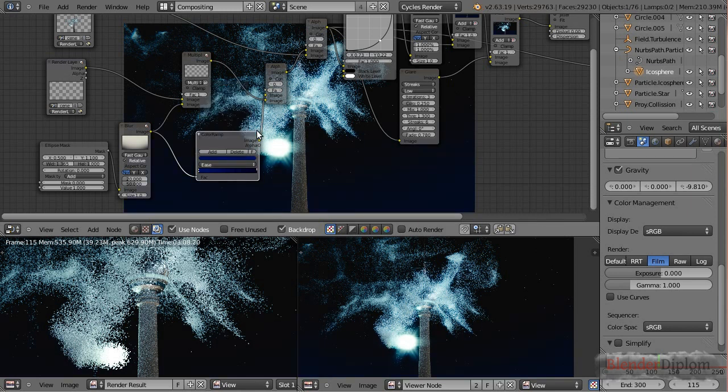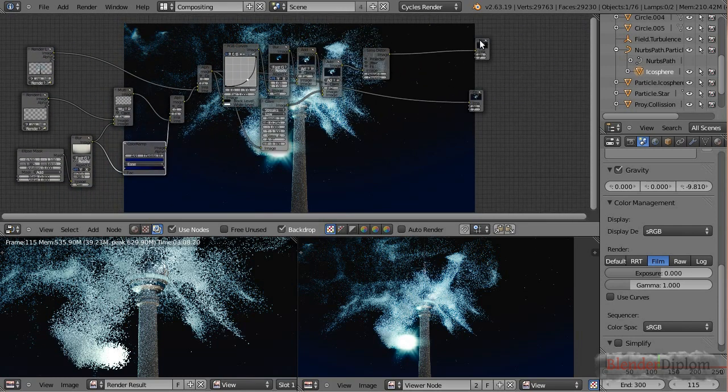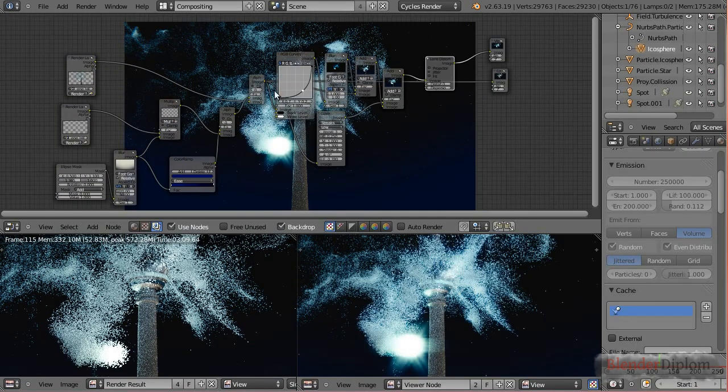So we got the same effect now, but it's like it's printed on film. Pretty cool new addition, this color management, and I'm really gonna dig into this a lot more. One last thing I'd like to do. First of all, I'd like to connect the output of our composite towards the composite node, because otherwise the composite